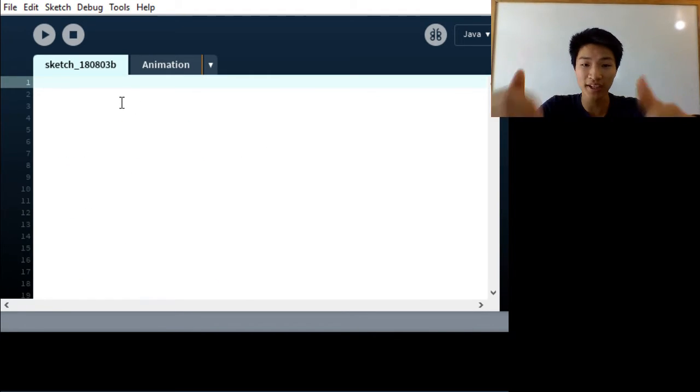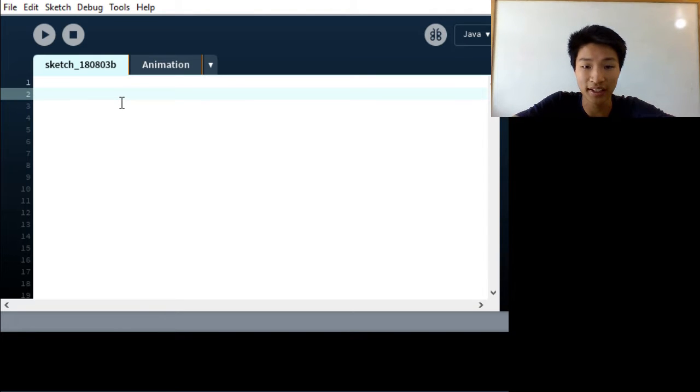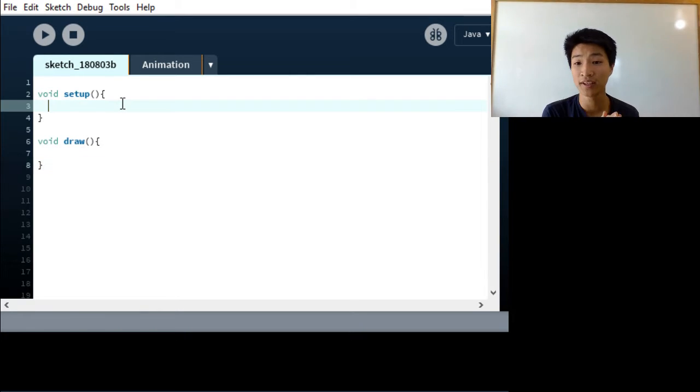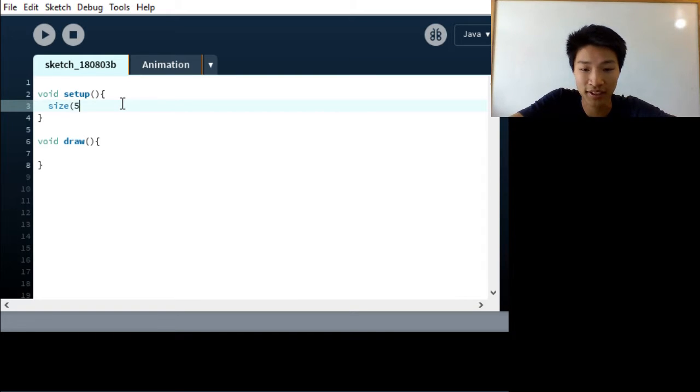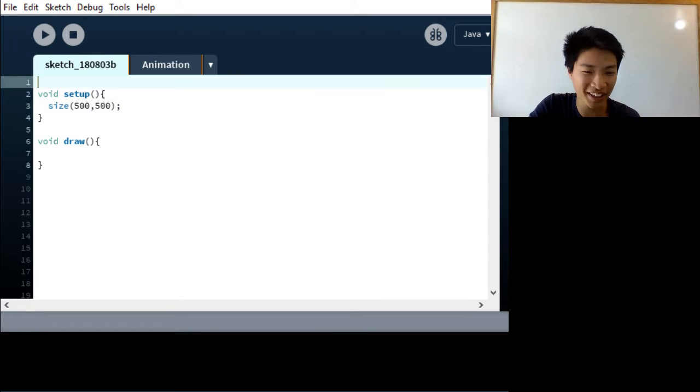All right, we're gonna create an animation right here. So we're gonna again void setup, have our setup function, and have our draw function. Now all I'm trying to do in this animation that you're going to see is draw the horse to the screen. So a couple of things. I have to make sure the size of the screen is pretty big. I want to say 500 by 500. Give us a lot of leg room. Hopefully, I don't actually know the dimensions of the image, but hopefully it's smaller than that. I'm also going to create